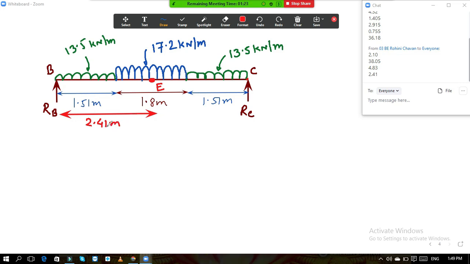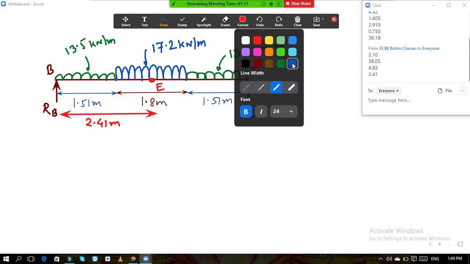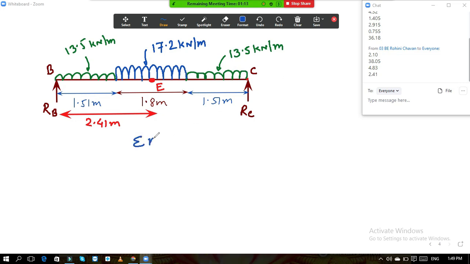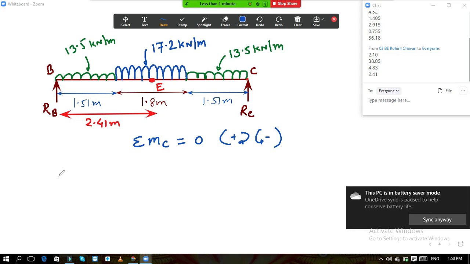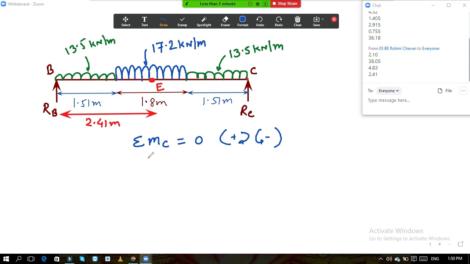Now to calculate the maximum moment, first we need to know the reaction RB. To calculate the reaction RB, we will take the moment of all the forces about C equal to 0. Clockwise forces are plus, anti-clockwise forces are minus. So now, RB into, what is the distance of RB from point C? The distance of RB from point C is the total distance. So it is RB into